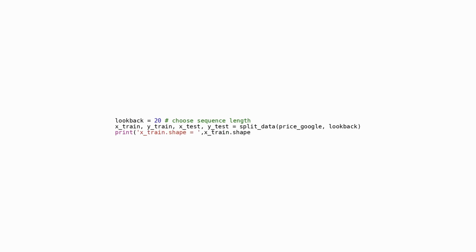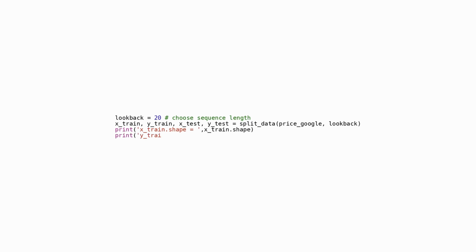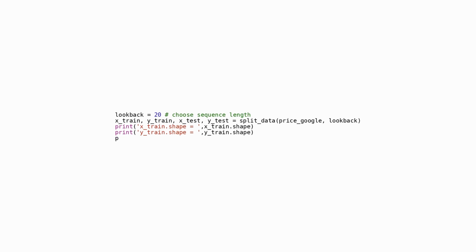In this code snippet, the dataset with historical price information for Google stock is divided into input and output sequences to train a machine learning model. The split_data function segments the original price data into sequences with a specified length called lookback. Subsequently, the x_train and y_train arrays are generated to house the input and output sequences for model training, while the x_test and y_test arrays are crafted for testing the model. Examining the shapes of these arrays reveals the sample quantity and sequence length in each set. This examination aids in confirming the correctness of the data division and ensures that the model is trained on the